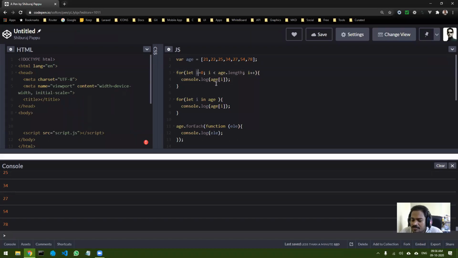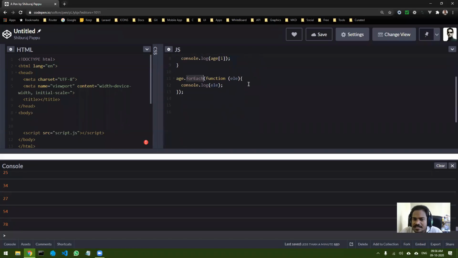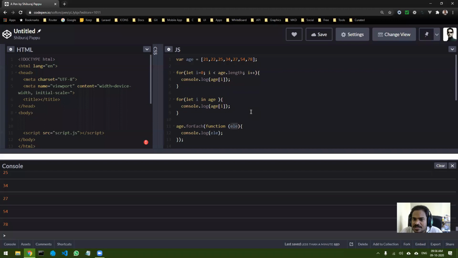So when you want to get the element, you are doing arr of i. In the for in case, also this i is your index. So to get the element, you are doing arr of i. But in case of forEach, you can see this element is actually the element itself and not the index.